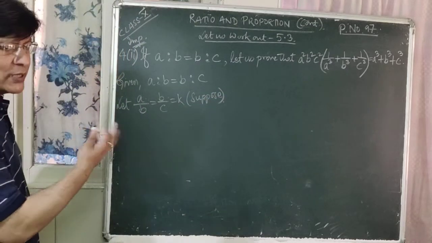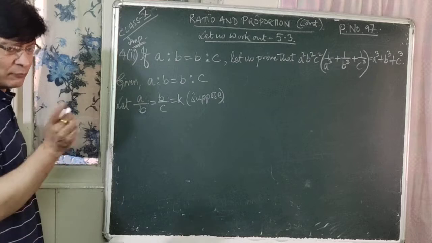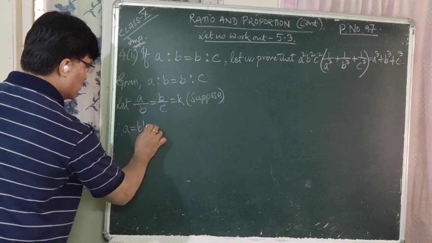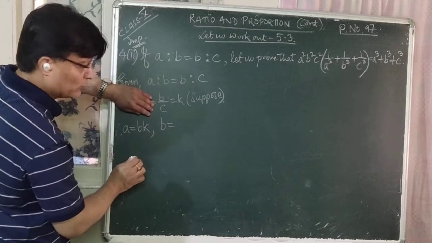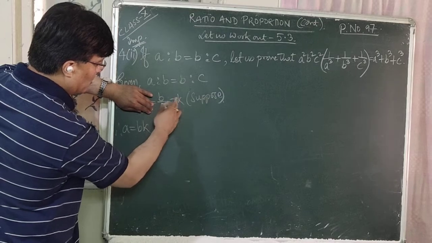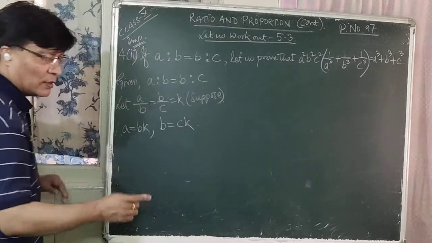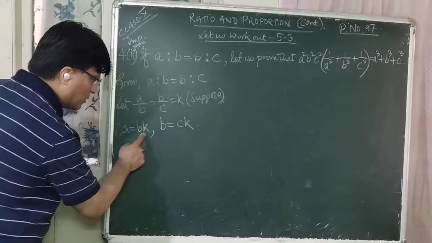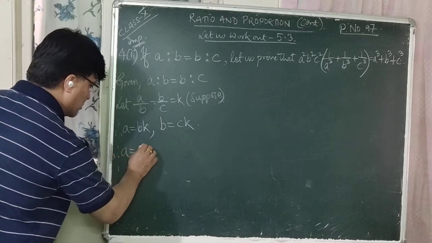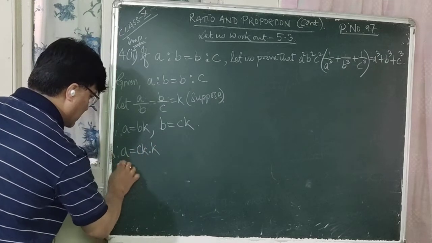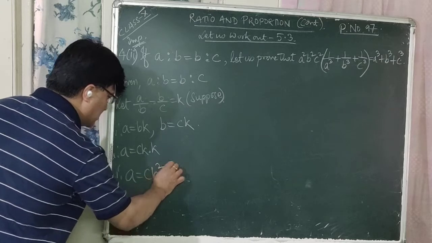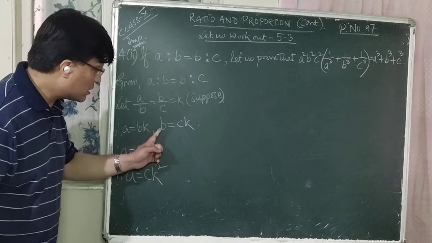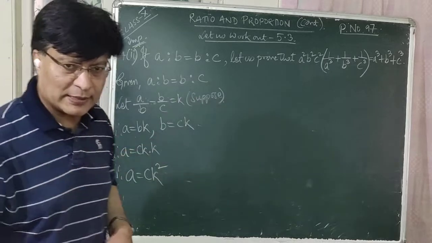So in this case we will use the same method as we have done in the previous problem, that is in 4.1. Okay. So a upon b is equal to k by 1, that is a is equal to bk, and what is the value of b? b by c is equal to k by 1, cross multiply, b is equal to what? ck. Again, since this is the continued proportion, since the value for b here is ck, you can put the value for b in this case also. So a is equal to ck into k. That is, what is the value for a here? It is ck square. Now instead of a we will use ck square, instead of b we will use ck, and c remains same, right?